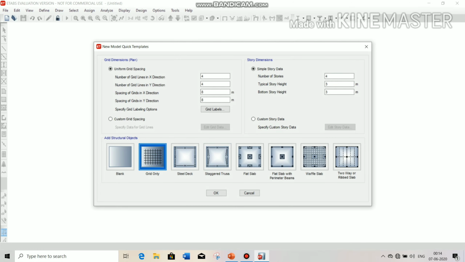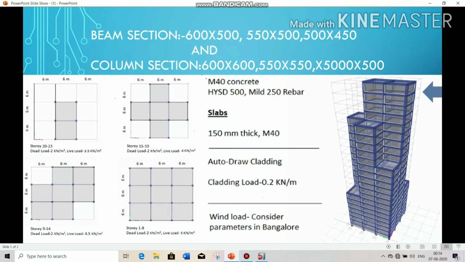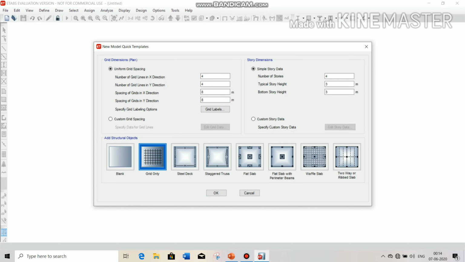Then you have to change these values according to your problem. Here the spacing of the grid in X direction and Y direction is shown before. Here it's shown as 6 meter, now change these values. And 4 meter is okay.